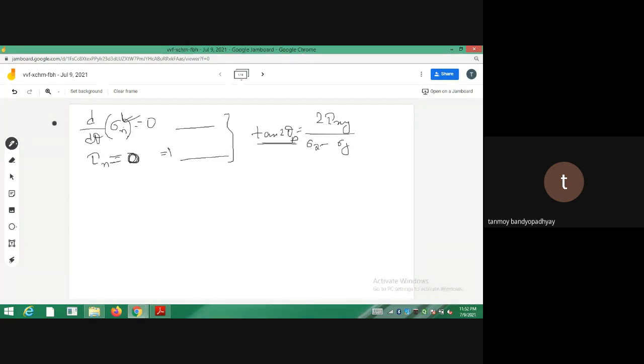I think I have discussed that tan theta is positive when either both numerator and denominator are positive or both are negative. So I will have two values that are separated by 180 degrees. Since 2 theta is separated by 180 degrees, theta p will be separated by 90 degrees. So I am calling one theta p and another 90 degrees plus theta p.